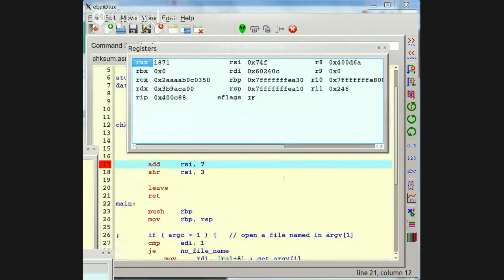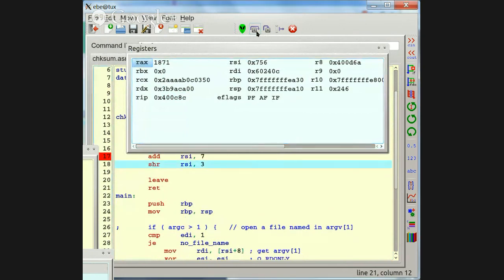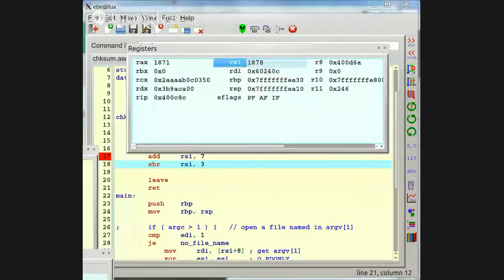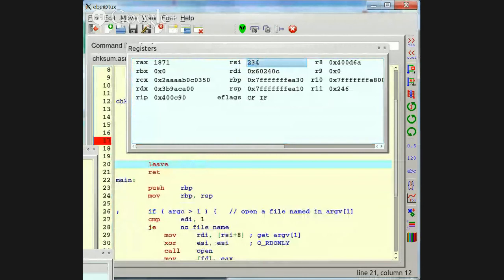All right, we got 1871 for the number of bytes, and then if I step forward and add 7 to it, oh, excuse me, in RSI it was 756 as a hexadecimal. As a decimal, it's 1878, and then if I shift it right 3, I get 234.